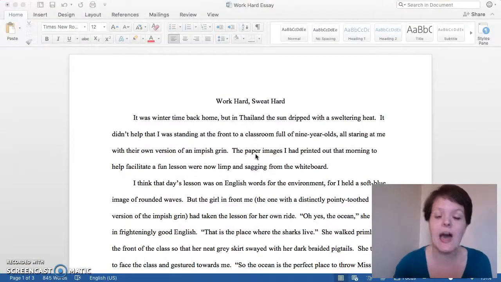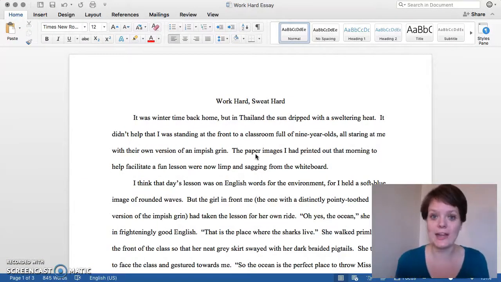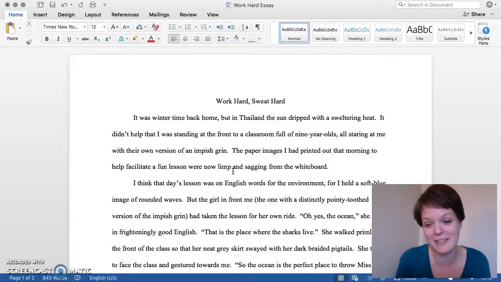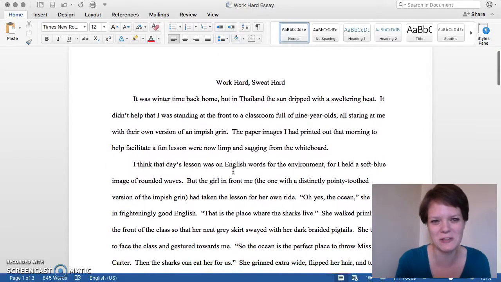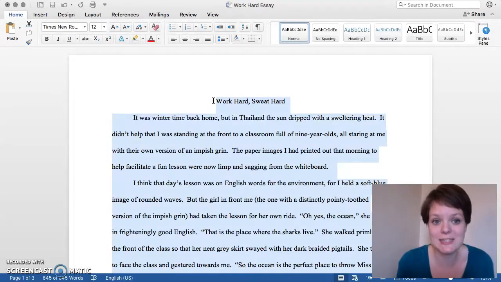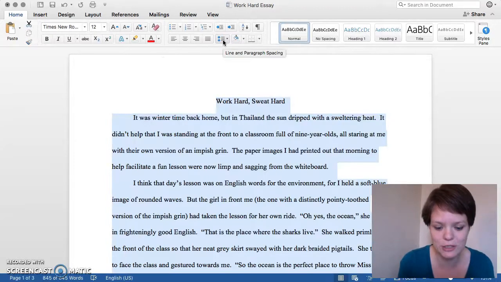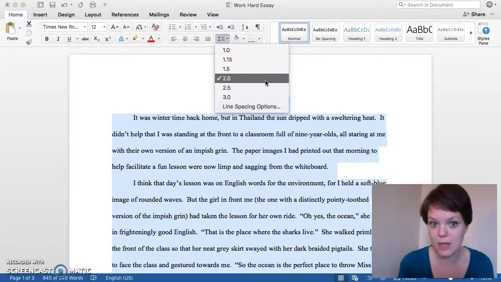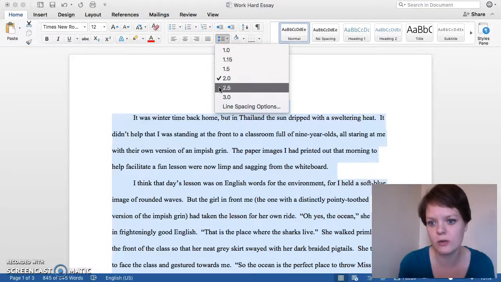And then the other option was, of course, to write it out like an essay. So remember that it wants it to be double-spaced, which is what I've done here. I just typed this up just now, so I've just completed the application activity, and it was fun. It was a lot of fun, but I like writing, so this works well for me. But notice it is double-spaced, and you can double-space something by just selecting it all, and then coming here to this little picture and telling it to do double-space. That's a 2.0 for double-space.